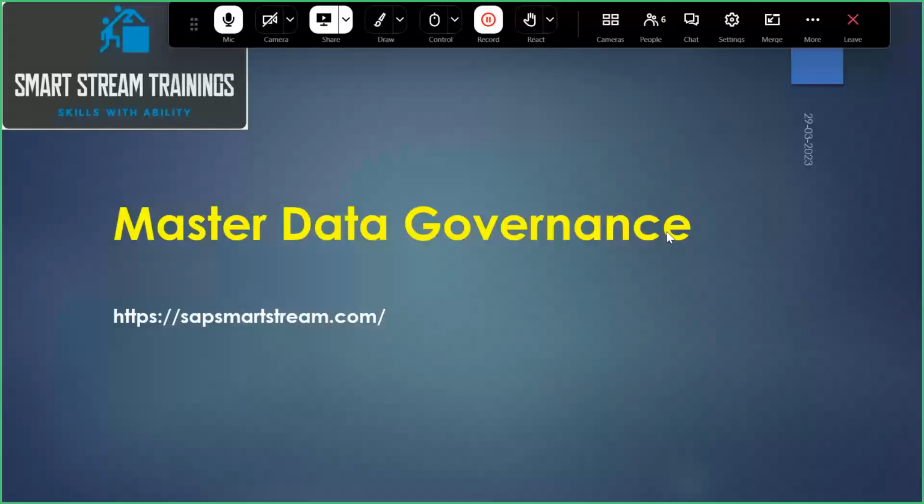Before coming to master data governance, first we have to know some basics. It's an advanced topic, so we need some basic information about SAP. First, I will give you a short introduction about master data governance, then we'll move on to the SAP basics, and after that we'll proceed with the actual master data governance topics, because that is a prerequisite. Without knowing the SAP basics, we cannot move further. If I explain master data governance now, you won't be able to digest the subject.